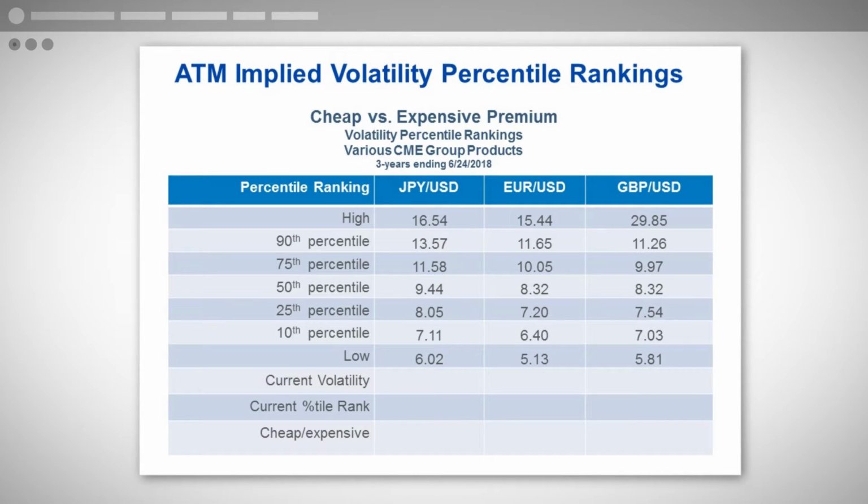Current volatility in the yen, again, is at around the 75th percentile. It's around 11%, 11.5%. The euro is around 10–10.5%. The Great British Pound is around 7.3%. So that's running very low. Sterling is running very, very low. Euro is running a little bit high, and Japanese yen is running a little bit high. So again, you can use these things to screen out trades for you.